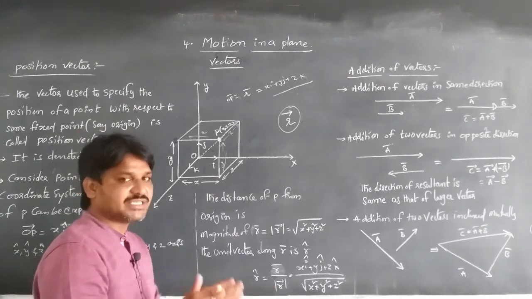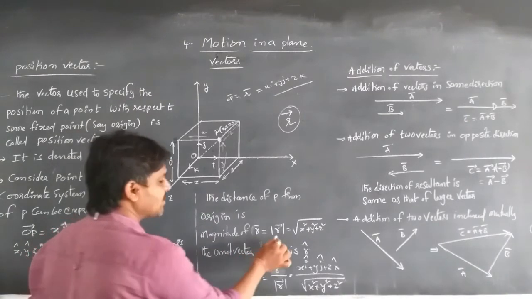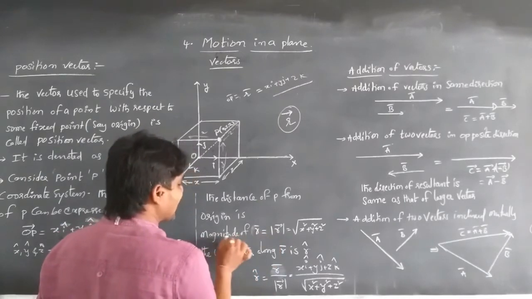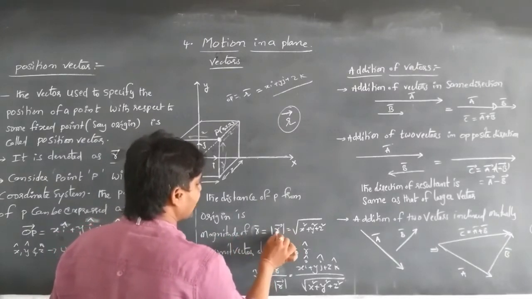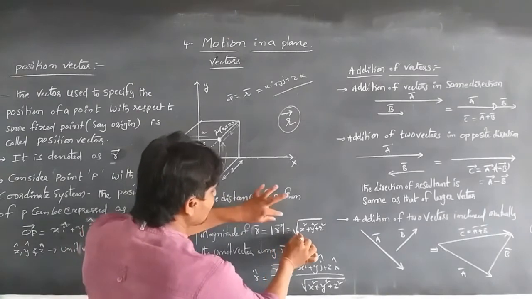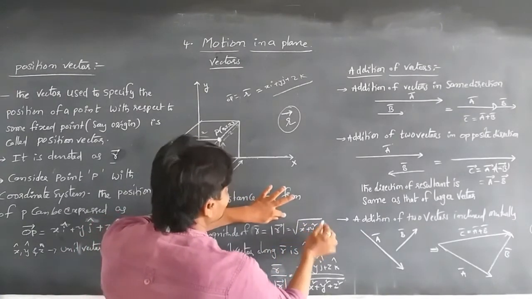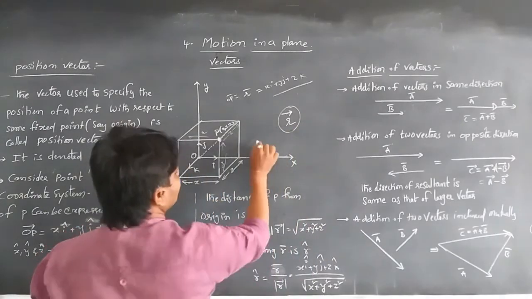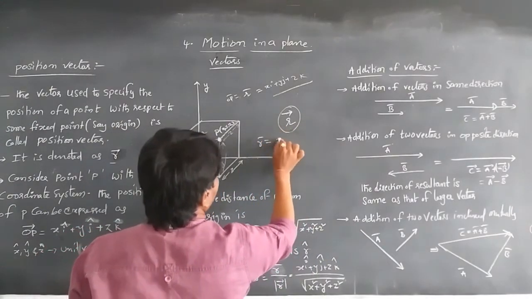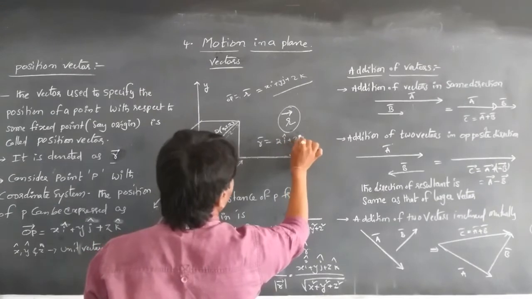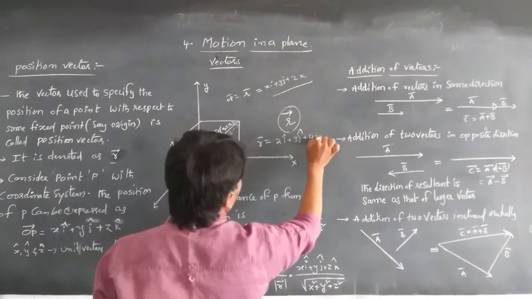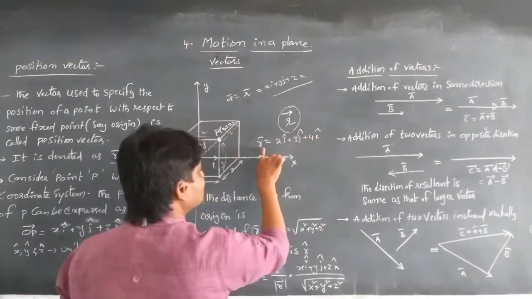Magnitude means we are measuring the length of that vector. The length of r bar, the magnitude or modulus of r bar, is equal to the square root of x square plus y square plus z square. For example, if r bar is equal to 2i plus 3j plus 4k, then to find the magnitude of this vector,